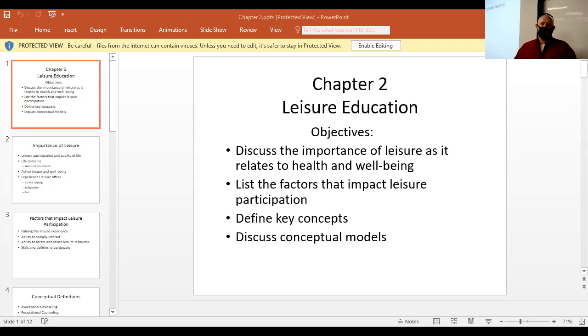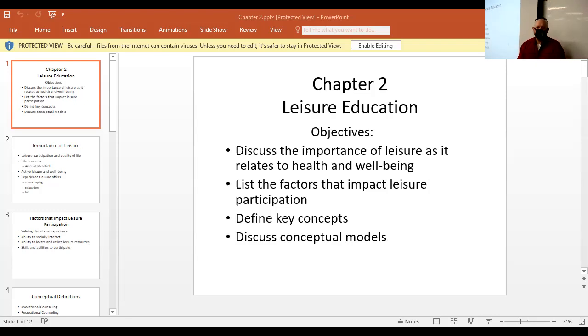We're getting there, guys. Peterson and Gunn's leisure education content model, there's 4 components, and let's see how these, again, they cross over. They're very similar. The 4 components are leisure awareness, which we talk about what's out there. Leisure resources, these are the things that you use to participate in the leisure. Social interaction skills, where are they, where do they need to be, where do you want them to be? And leisure activity skills. We've talked about all these in the prior ones. I'm not going to go back through them again.